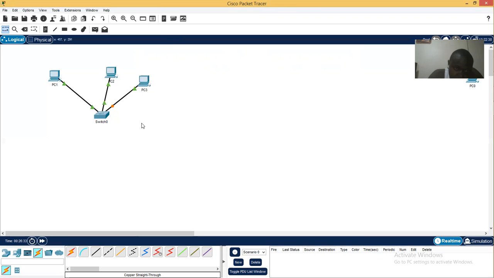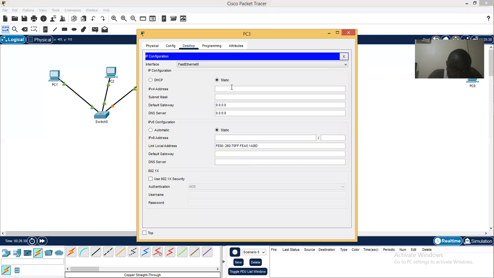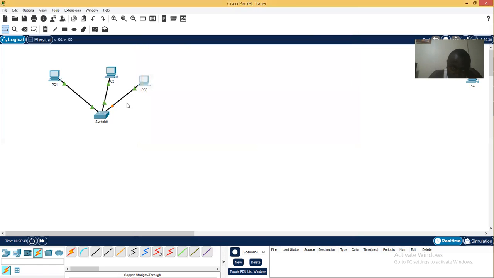You see, like that. But when you do that, make sure you assign an IP address here, like 192.168.1.3. That is the only way that computer can communicate to other devices in this network. You can also connect another switch, like that. After doing that,